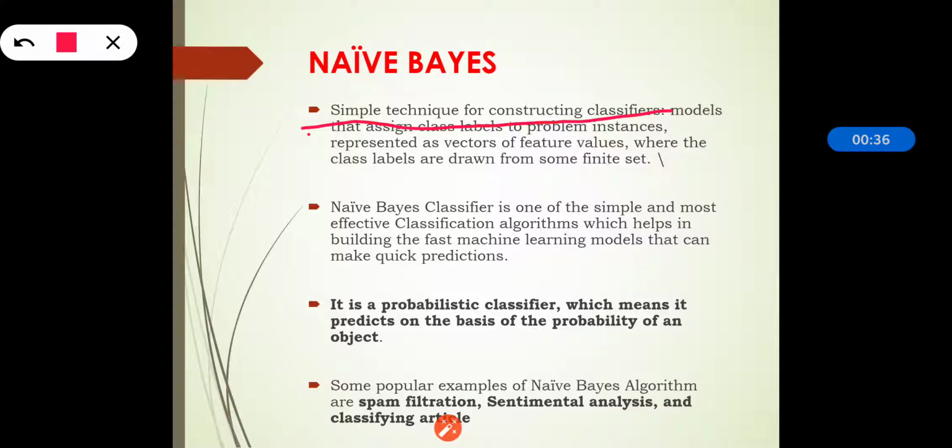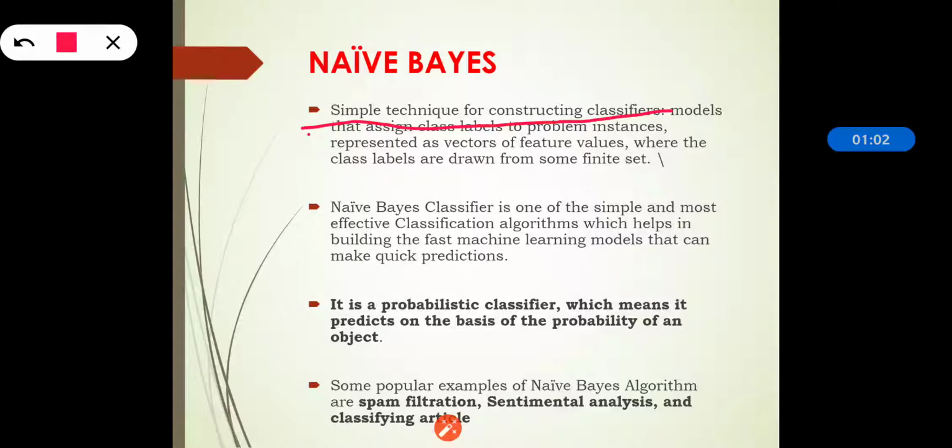So it is the model that assigns the class label to the problem, and how are they representing it? As the vector of feature values where the class labels are drawn from the finite set.